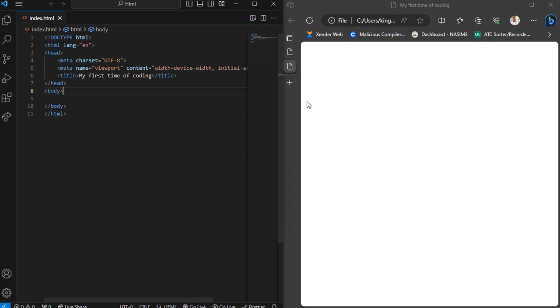If you don't know how we created the folder, you can go back to our introduction to HTML. You will learn how to create the folder, how we open the folder, and everything is there. Then an example of an HTML tag